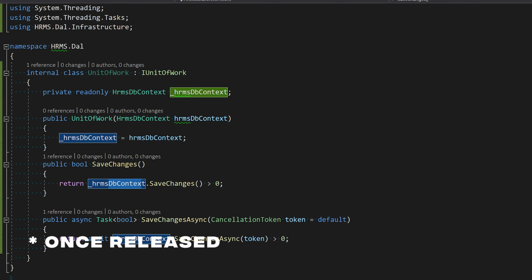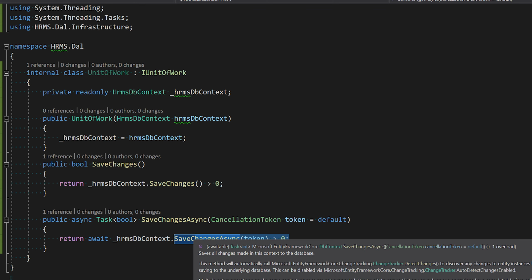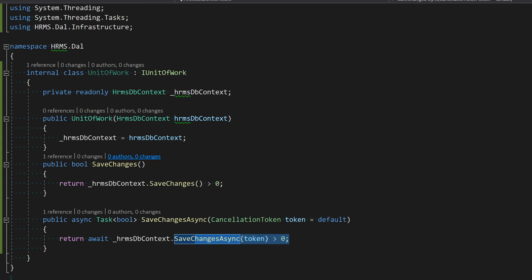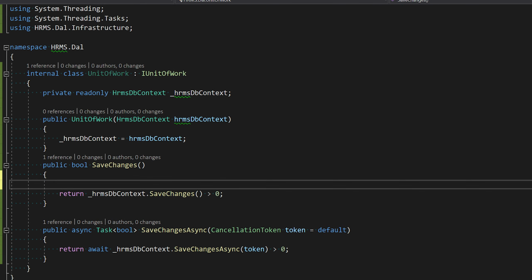We fire the save changes on the DbContext with this, and if the result is more than 0, it basically returns a true or a false on that. And likewise, we have an async implementation for this. It basically takes a default parameter over here, and based on that, if the result is more than 0, it returns true. So if you want to, let's say, cover some of those interception points, you can do that over here. For example,